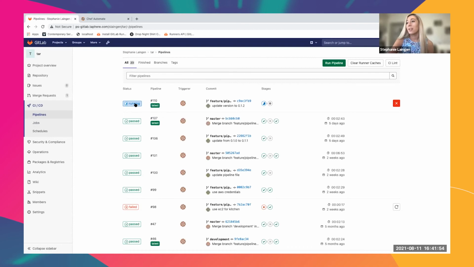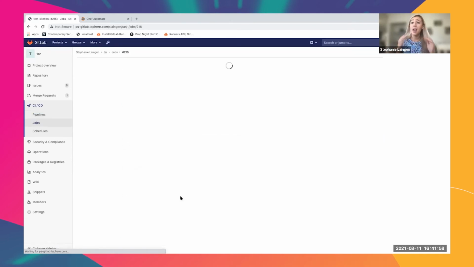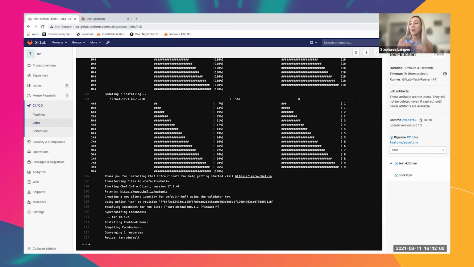The Test Kitchen job will take a little bit longer to run because we are spinning up an EC2 instance in AWS. And if you haven't tried out the AWS option for Test Kitchen, I highly recommend trying it out, especially if you already have AWS credentials on hand, it's a really easy thing to set up on your own.